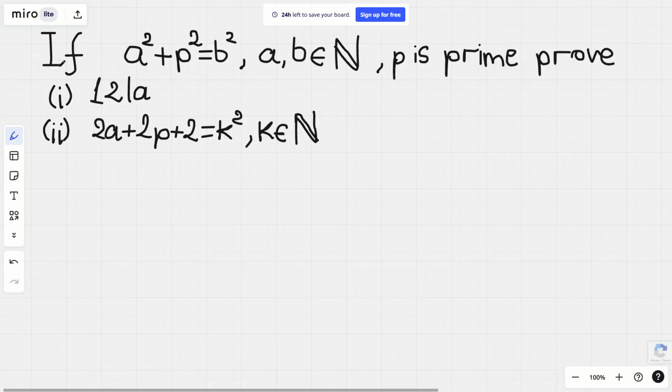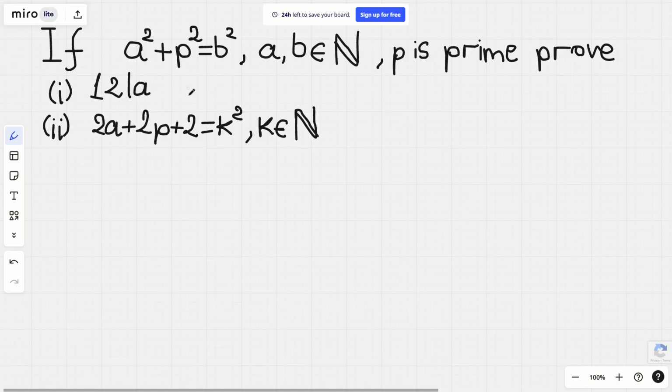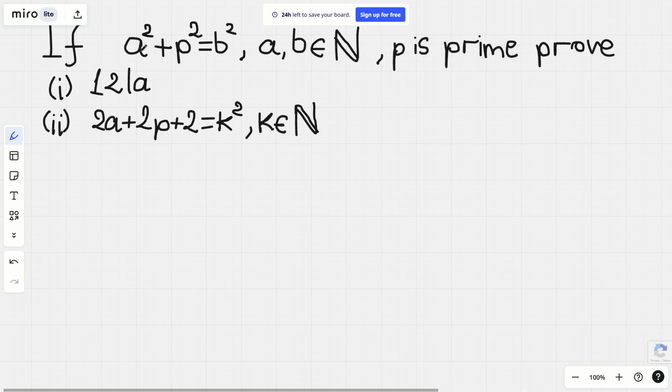As you see, a squared plus p squared equals b squared, where a and b are positive integers and p is prime, and we have to prove that a is divisible by 12, and also that 2a plus 2p plus 2 is a square number. So first of all, let's rewrite this. a squared plus p squared equals b squared,